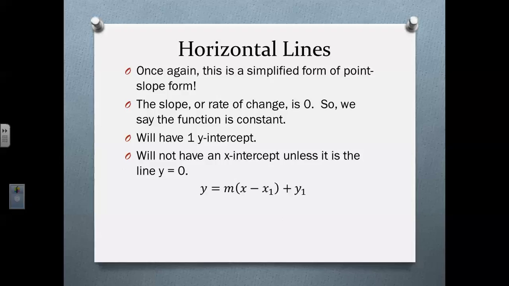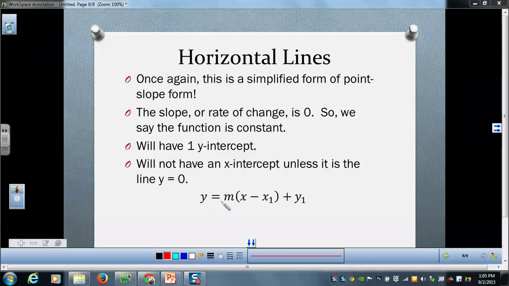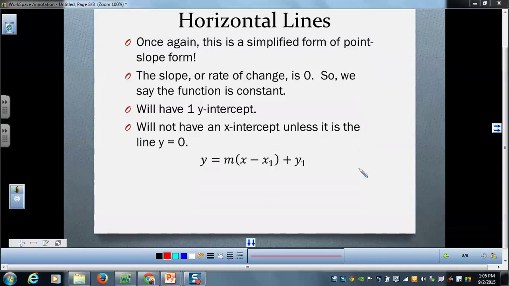Okay, so we say this function has a constant value. It will have one y-intercept, and it will not have an x-intercept unless it's y equals 0. Then it will be the whole x-axis. All right, so let's see what happens. All right, so notice if our rate of change is 0, that would be y equals 0,